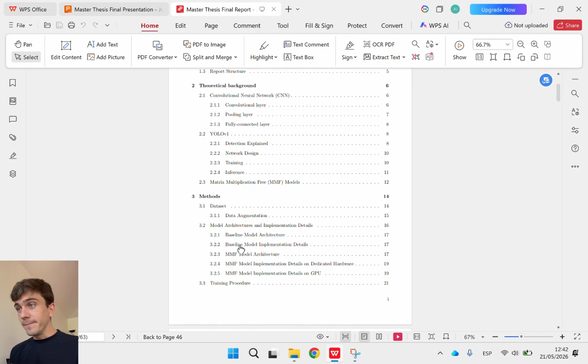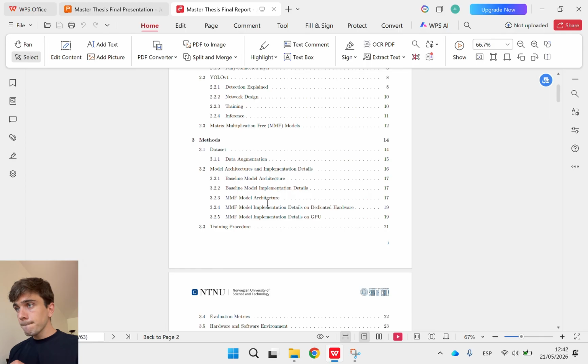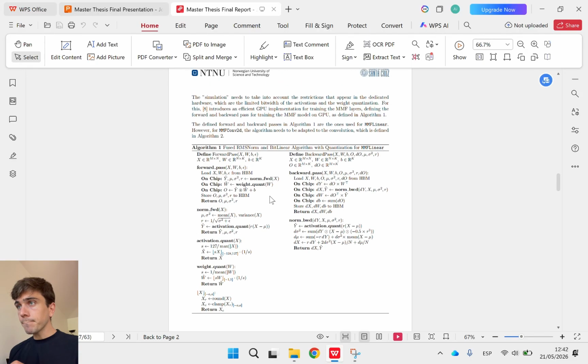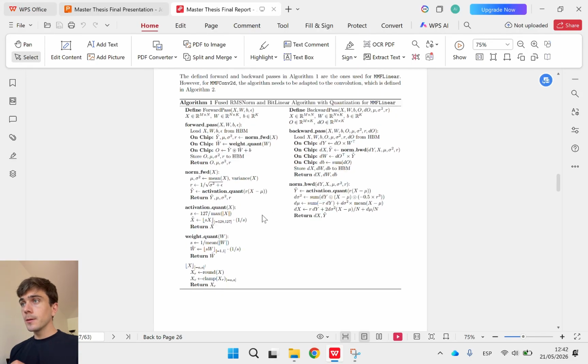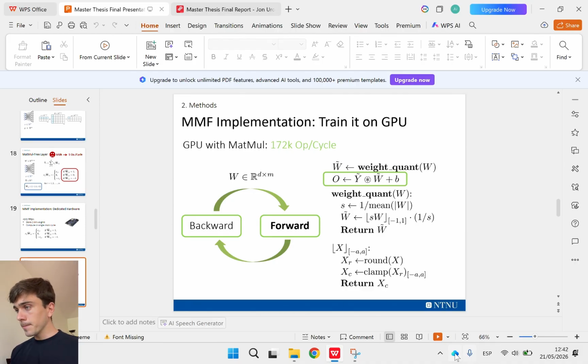If we go here, so in the forward pass, you quantize the weights, and then in the backward pass, you also have this customized backward pass, which is taking into account the quantization. So yeah, that being said, more or less,